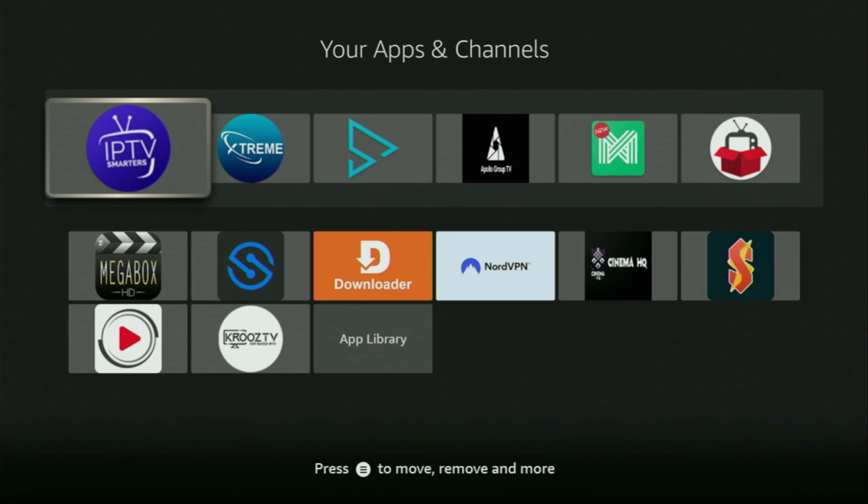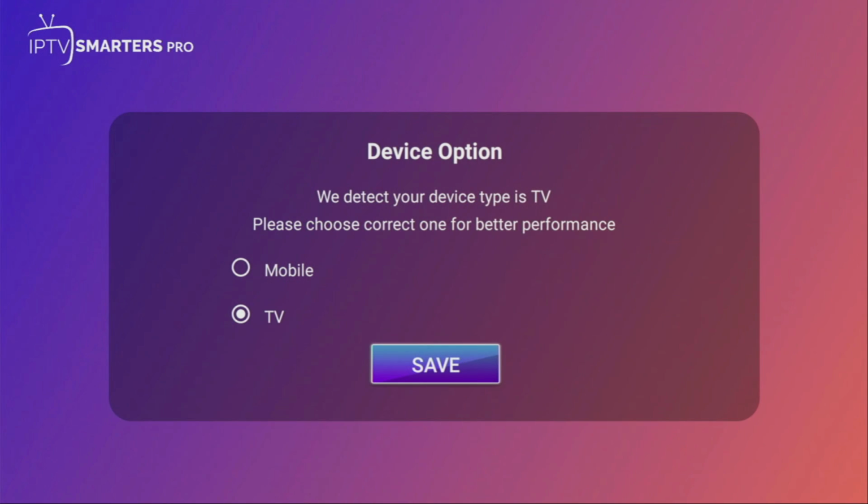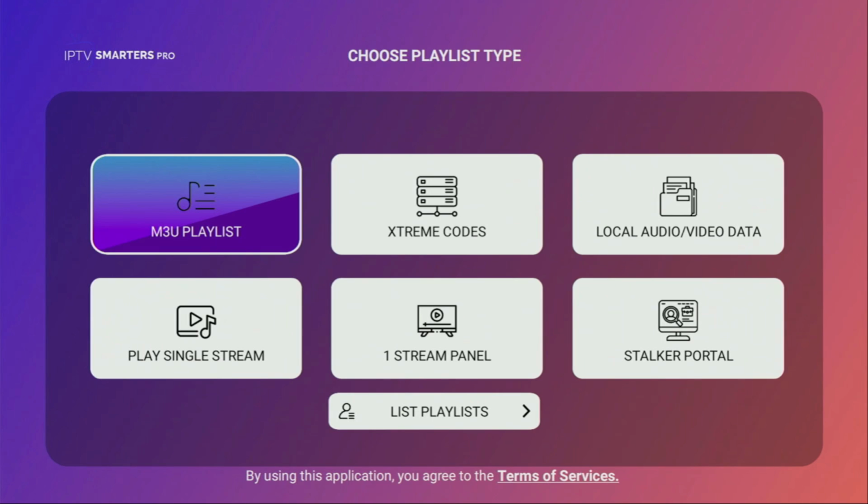Then finally, we gotta start up the IPTV Smart OS app. And there it is. From that point, just select your device type. In my case, of course, it's going to be TV because we're using a Firestick. Click on Save. Then just scroll down the license agreement, accept it, and from here it's actually super easy to